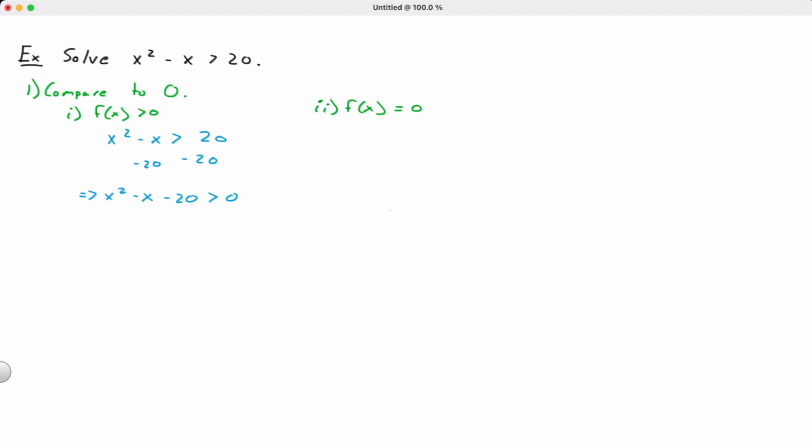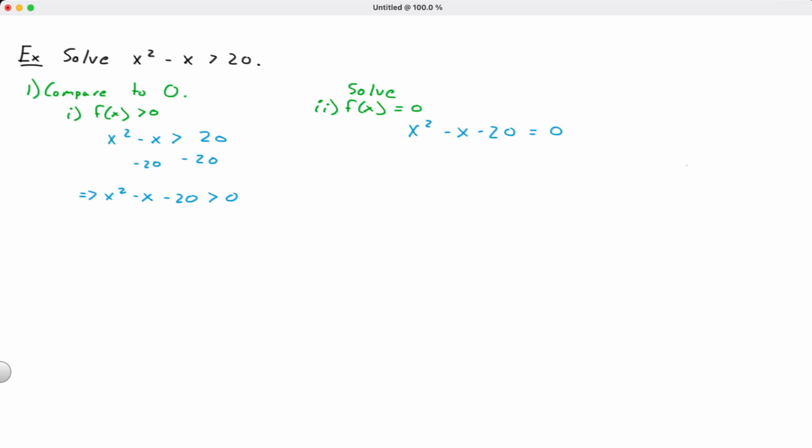It's going to allow us to find those points. And so we'll solve for when f of x is equal to 0. In other words, we need to solve for when x squared minus x minus 20 is equal to 0. And there are a number of different techniques that we've discussed in terms of how to do this. We can use factoring sometimes, we can use the quadratic formula, we can use the rational root theorem. There are a lot of techniques that we have in order to solve equations like this, but that's going to